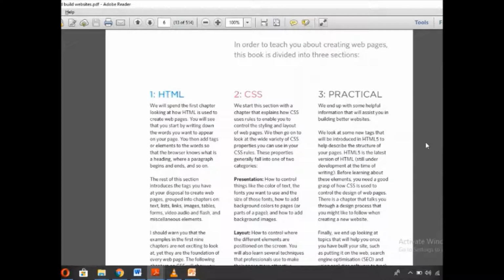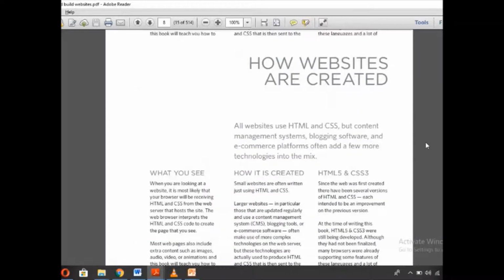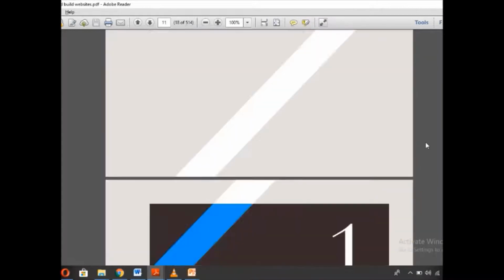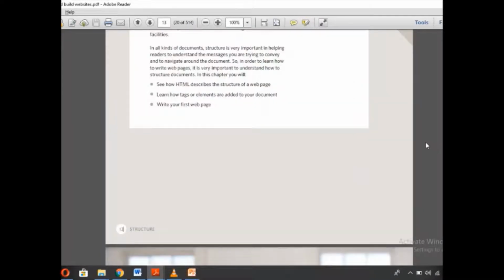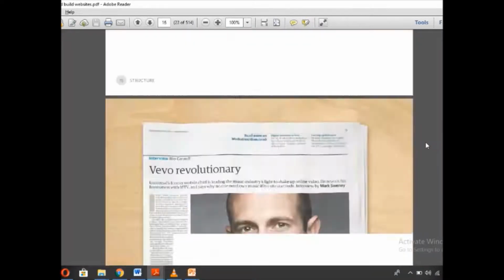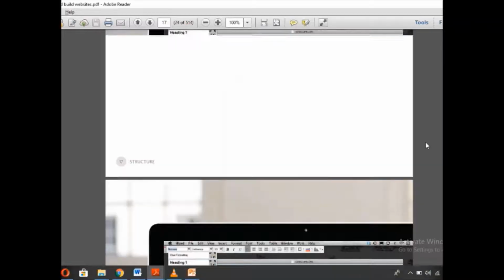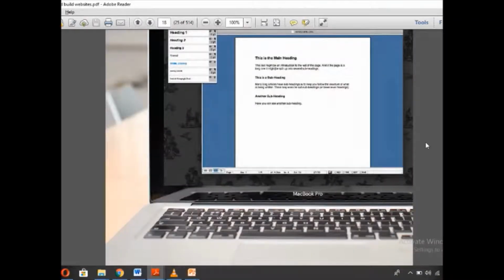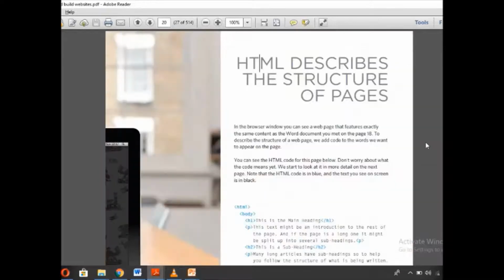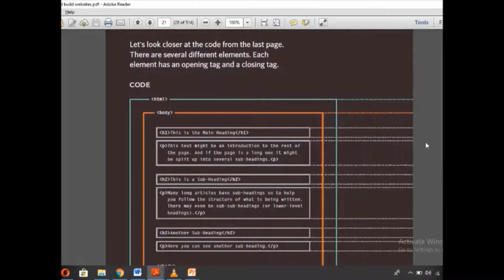Collection of web pages. So you can create a website that has multiple web pages, and then you can connect them and use them. And basically HTML, I'll tell you about the structure. It's basically a tagged language. So we can actually go to see about HTML and its different elements.